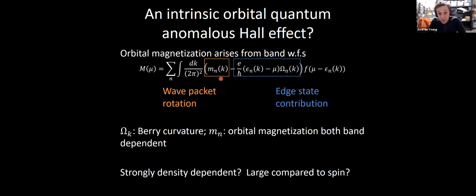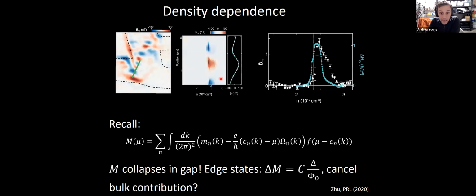It's all something that is tunable, and all will be density dependent. So actually, we can look at this with the SQUID already. So here is just a plot. We're taking a line cut of this tuning fork signal as a function of electron density, and just doing that measurement over and over again. And we can try to extract some figure of merit for how strong the magnetization is.